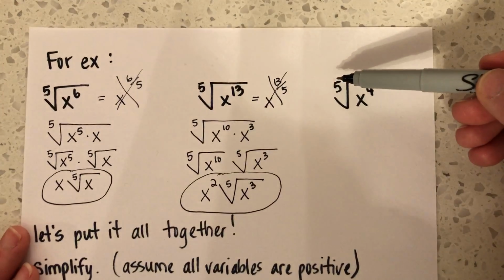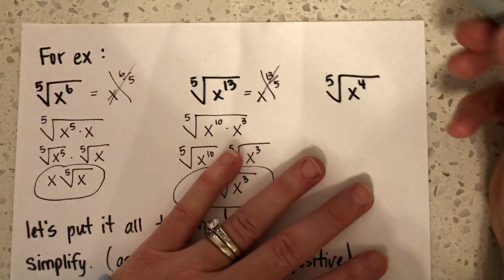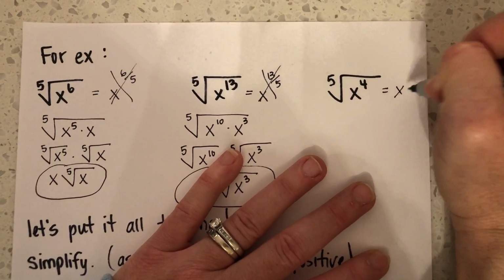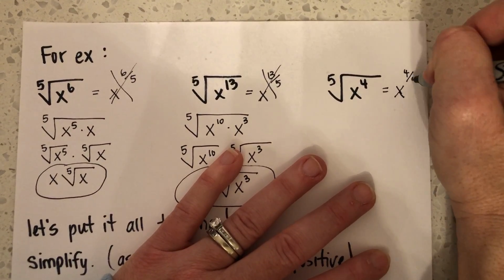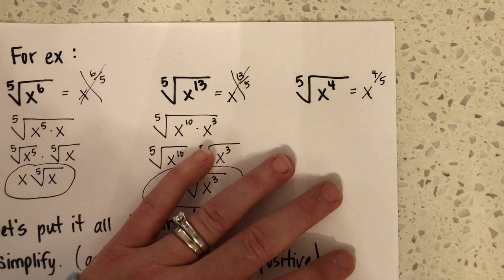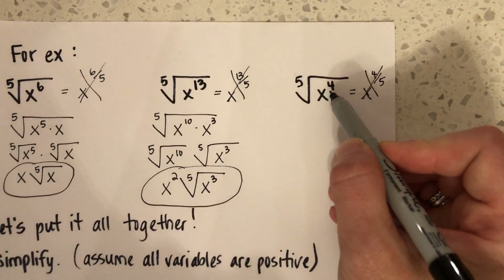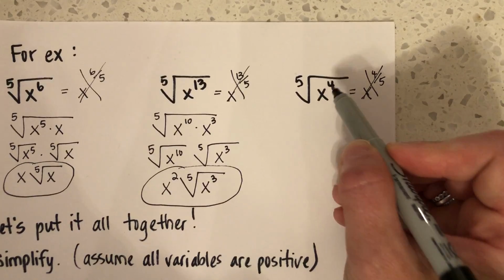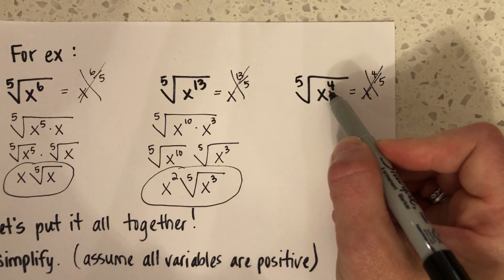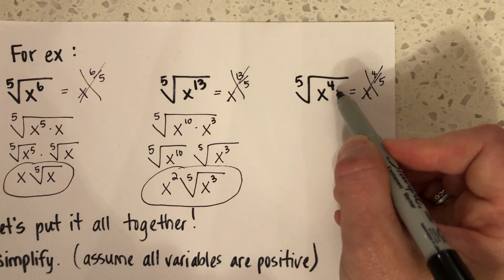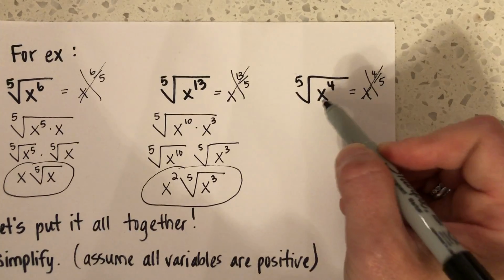What if you had the fifth root of x to the 4th? Again, the shortcut says that's going to equal x to the 4 divided by 5. But 4 doesn't divide by 5, so I can't rewrite it like that. So now you're going to ask yourself, what's the closest number to 4 without going over that divides by 5? There isn't anything that's smaller than 4 that divides by 5, which means you're not even able to rewrite him